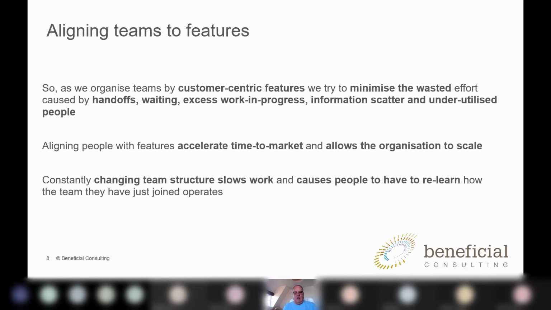So we need to look at how we design our organization so that we minimize the waste caused by handoffs, waitings, work in progress, and so on. And aligning people with what they are delivering and the value that they are creating is intended to accelerate time to market and is intended to allow the organization to scale.